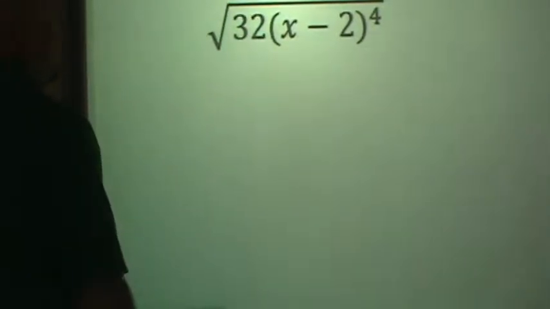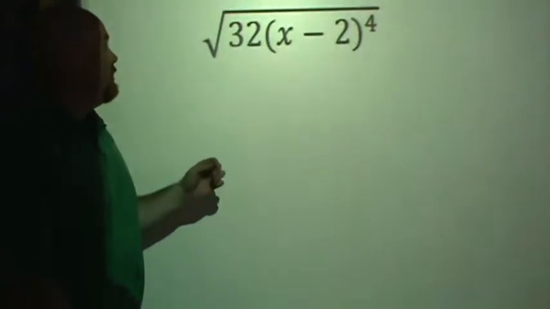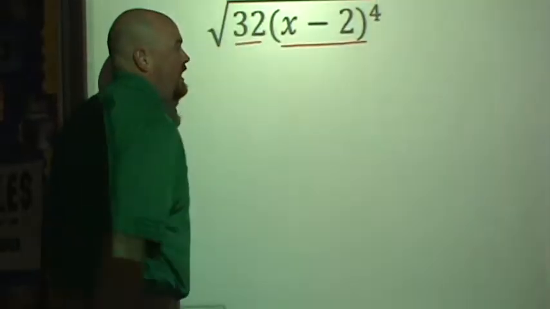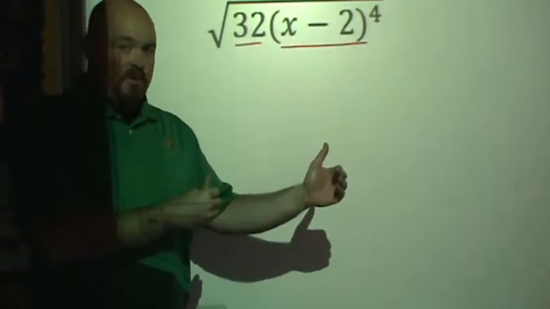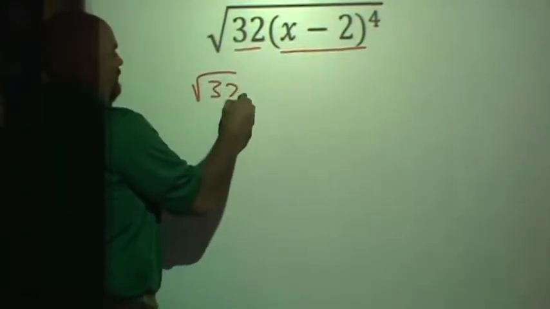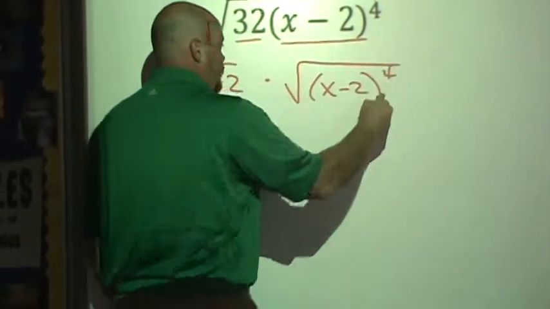All right, let's take a look at another simplifying of a radical. This is just a square root, your run-of-the-mill square root. And we've said before, under the square root is a product. So I can separate the product into all of its parts, each with its own radical, right? So this could be the square root of 32 times the square root of (x minus 2) to the fourth